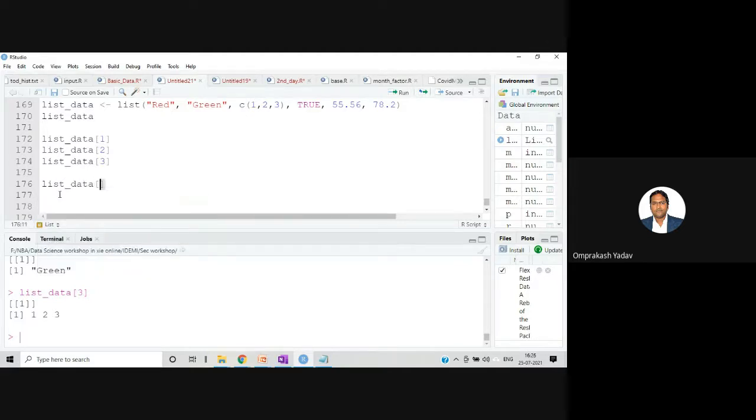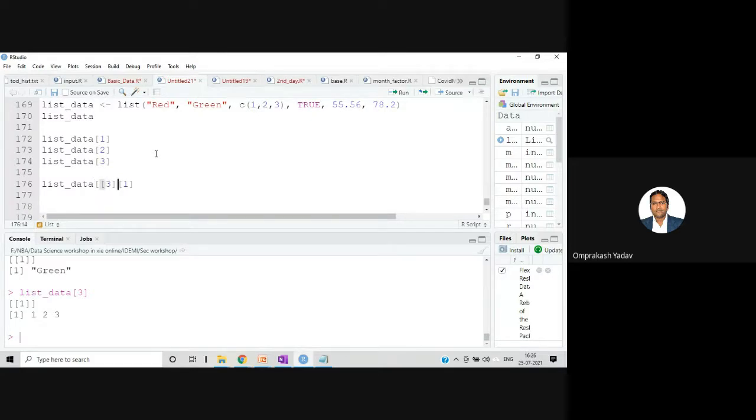So with the help of these three, we can get this entire vector, right? And then after that, if I mention 1, then I can get the first element. But remember, there is one thing to note down. Whenever you are accessing a list, within a list there is a vector, and you want to access that particular element, there is a little change in the syntax. You put a double bracket over here like this.